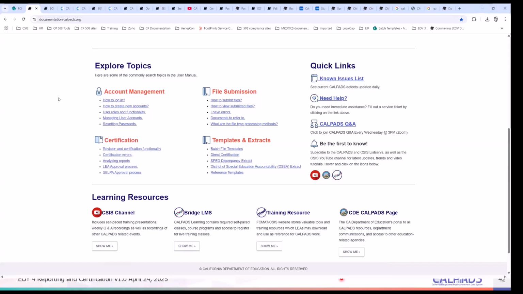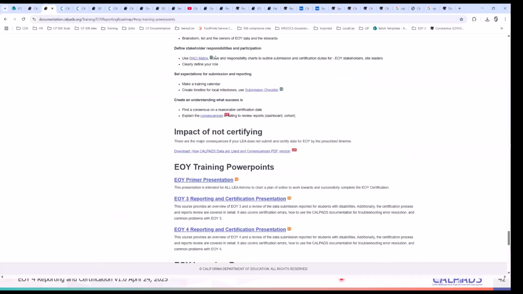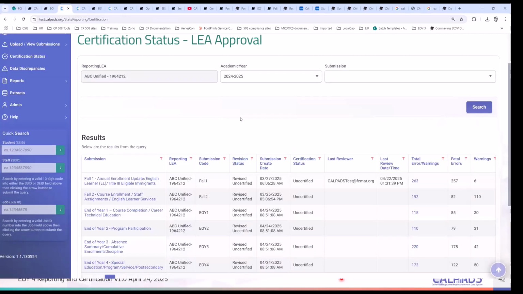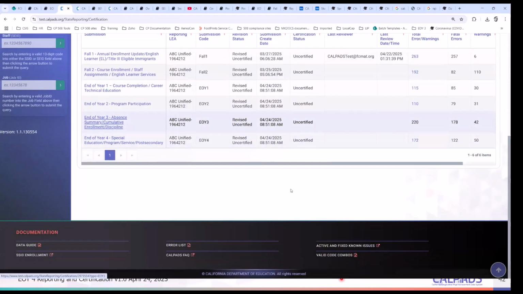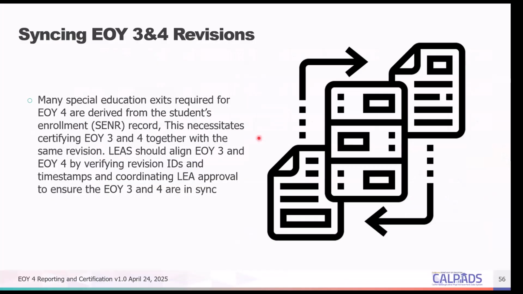All right. So that's error resolution. Once you've resolved the errors, then of course you're on your way to looking at the reports, syncing end of year 3 and 4 revisions. Since end of year 3 and 4 go hand in hand, end of year 3 has all of these incidents. It involves the enrollments too.